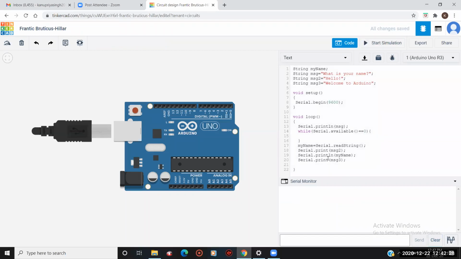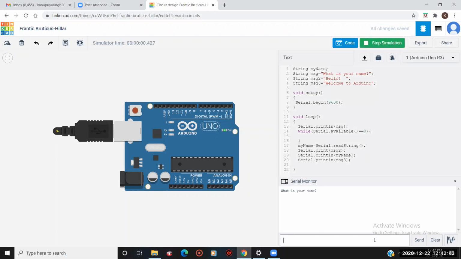It should change. For that, I'll make a slight change in the code. That is, I'll add an ln function here, and I'll add a space here. Okay. And again I start the simulation. What is your name? I type Pihu. Okay. Now send it.